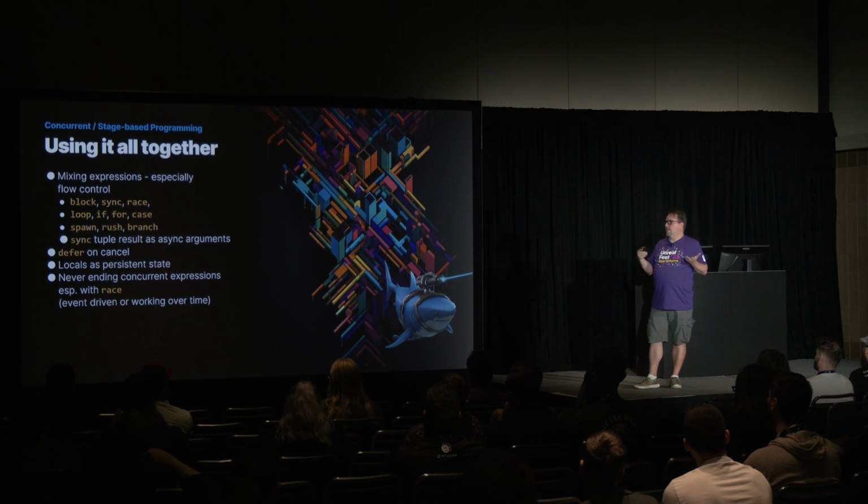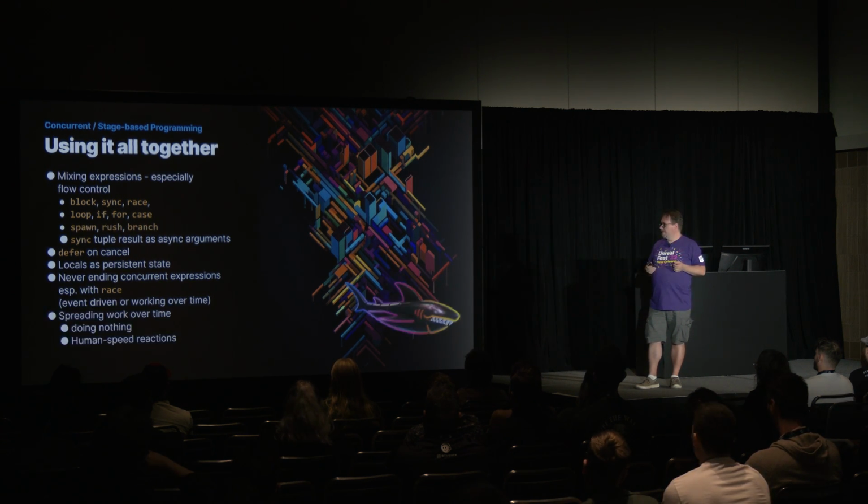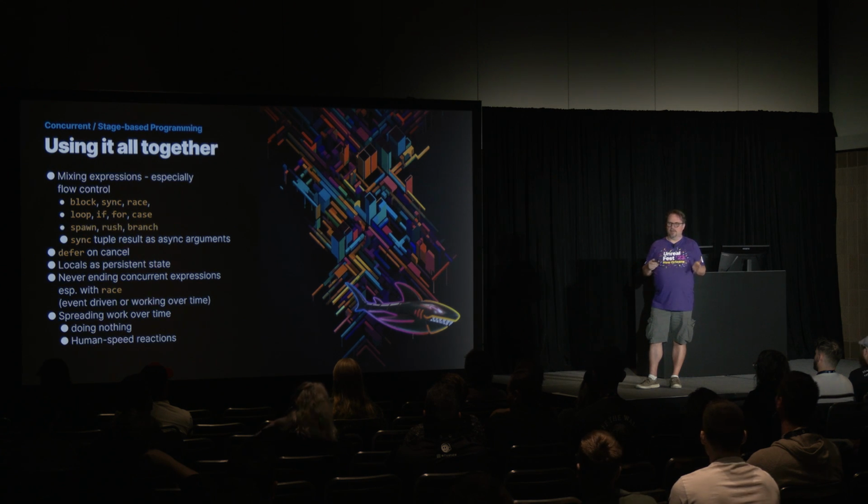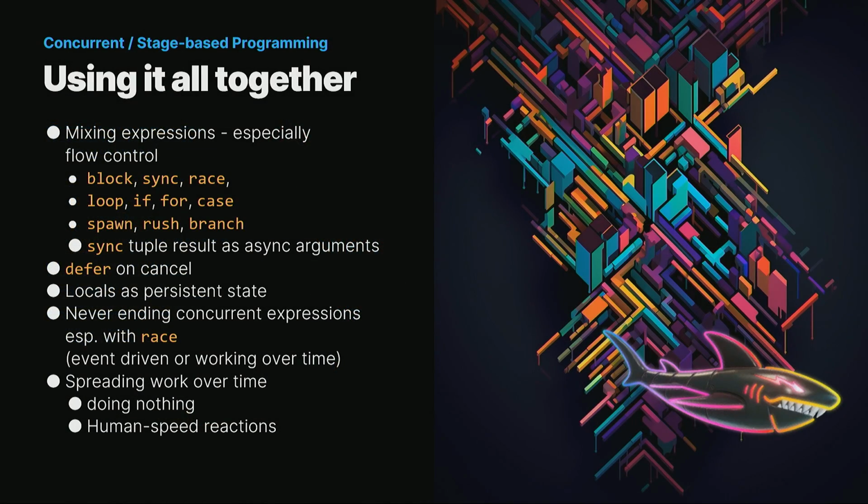So it makes sense with a race, say you said, I want a bunch of things to happen at the same time, but I want one of the things to stop everything else if it ever completes. A few of the things in the race, maybe you don't expect them to ever end, and that's perfectly fine. It's just the thing that could end will end, if that makes sense. And the other thing is, when you are doing all these different concurrent calls, it's often the case that you will do a sleep or some other command that takes time, and you spread different work over time, right?